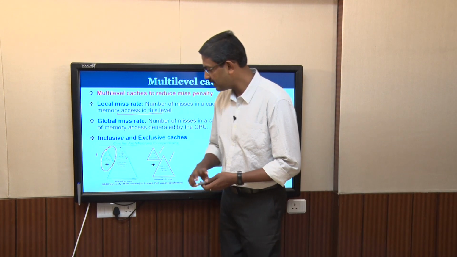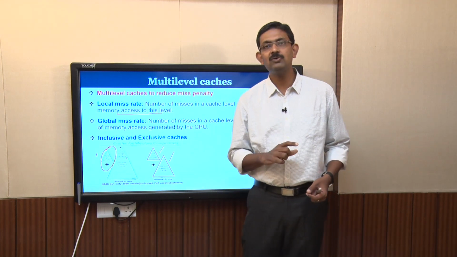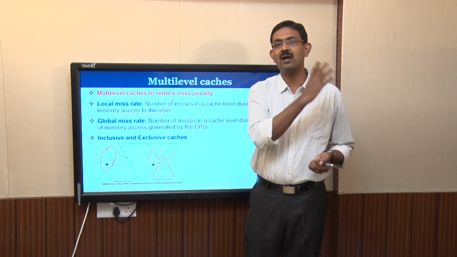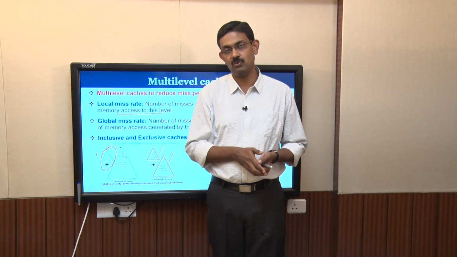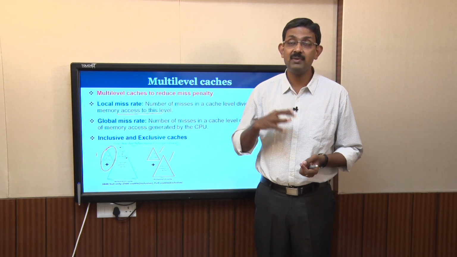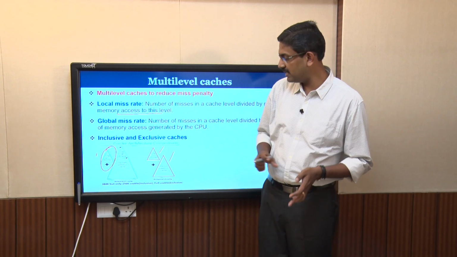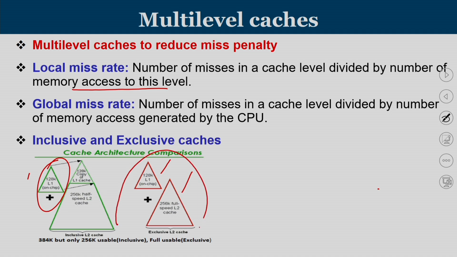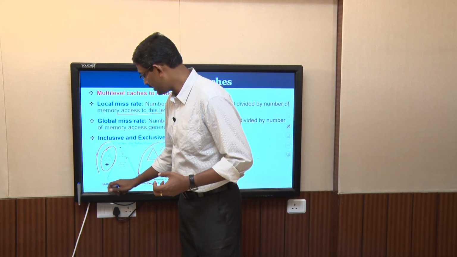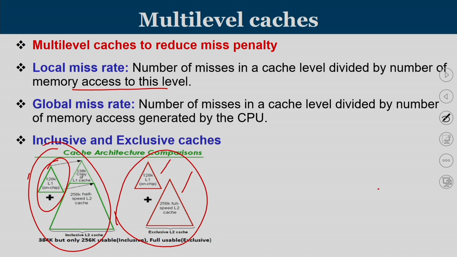As a summary, I am going to repeat once again: inclusive cache means a subset of L2 is taken to L1. So whatever is there in L1 will surely be there in L2 also. Exclusive cache means whatever is there in L1 will never be there in L2. This means the effective cache memory size, if it is an exclusive cache, will be more, because the size of L1 plus the size of L2 is the effective cache size. Whereas in the case of an inclusive cache, the effective cache size is equal to the size of L2, because the L1 size is actually taken away from L2.